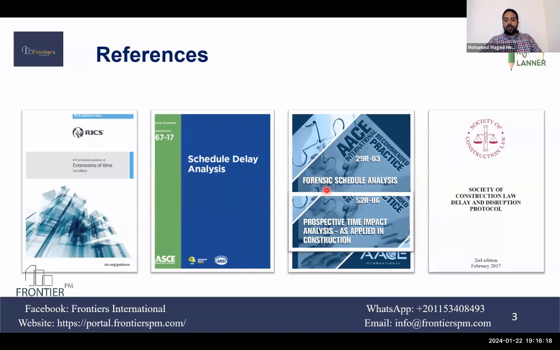The first one is for the retrospective forensic schedule analysis, and 52 is for the prospective time impact analysis, and the legal references, the Society of Construction Law Delay and Disruption Protocol, second edition, Feb 2017.